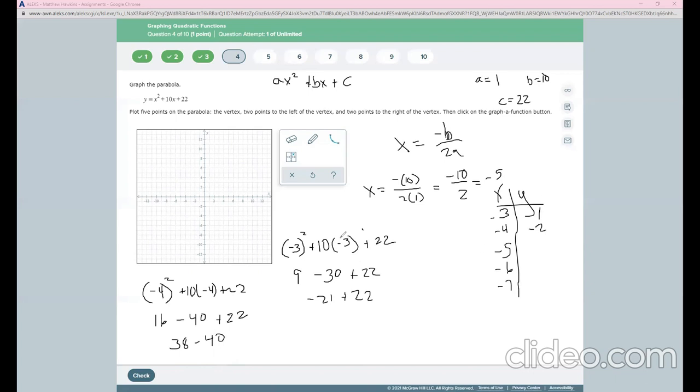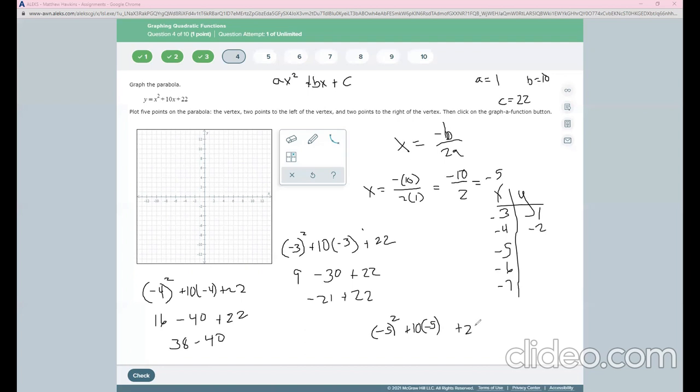All right, so I'm going to do one more, and then I'm going to use the fact that this should be symmetrical to get me the other one, since it's so much work plugging these in. But let's plug in one more. So let's say -5 goes in. So it'll be -5 squared plus 10, and then x is -5